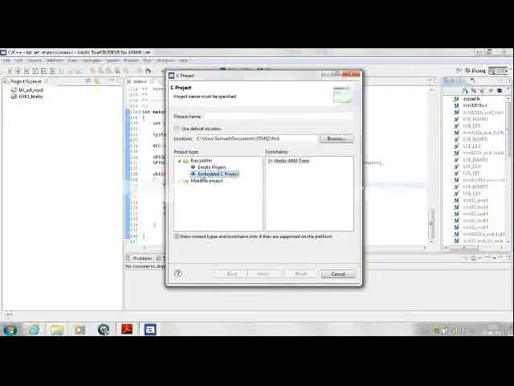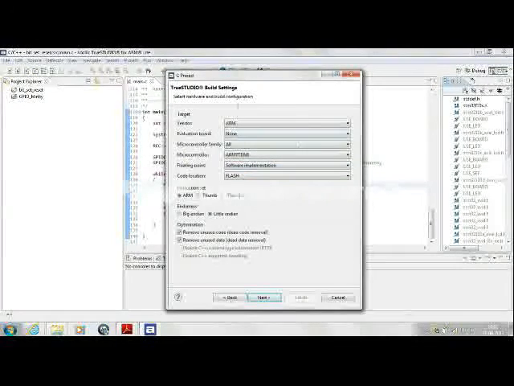The point to notice here is that you have to select an embedded C project because we are working on embedded projects, and say I name this try1. Go to next. Here the window will ask you what kind of target you are working on. This IDE supports many vendors.